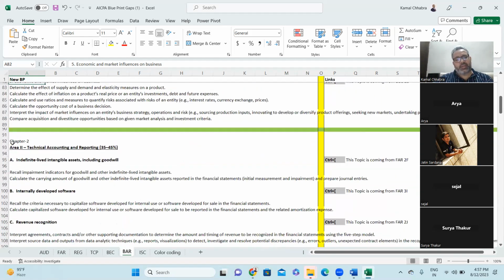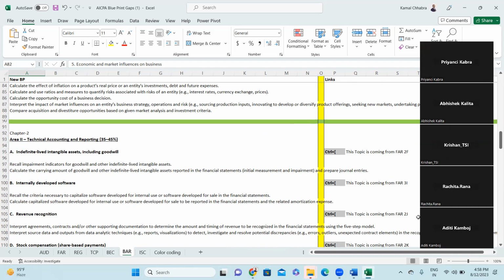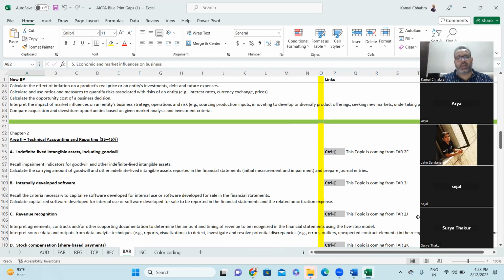Yes. But chapter 2 and chapter 3 are coming directly from FAR. So, Jatin, have you taken FAR classes? No. Okay. Has any of you taken FAR classes? I think all of you are new students, right? None of you. Okay. So earlier, all these topics were covered in FAR. Now they have been moved to BAR. So the first one is